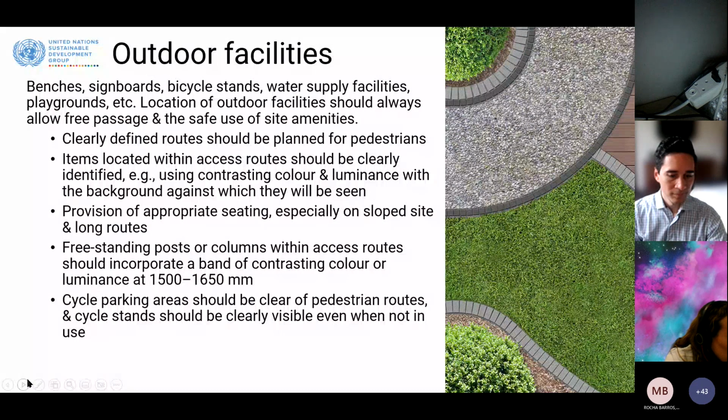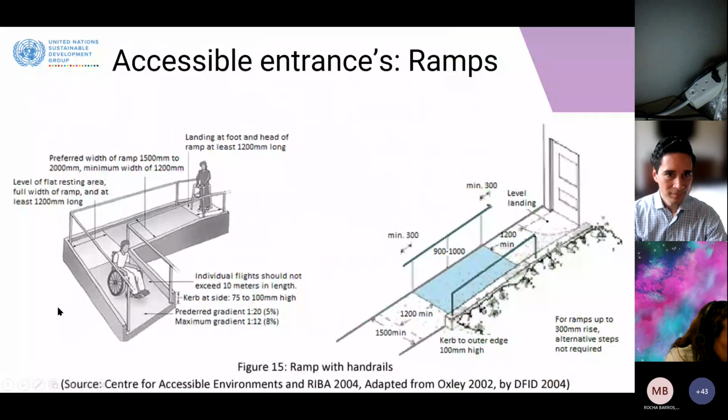Okay, a very important thing before moving to the next slide: there has to be signage available to direct the users to the main entrance. First of all, there has to be signage when approaching the car park place, showing the international symbol of accessibility, so that drivers would identify the accessible parking spot.